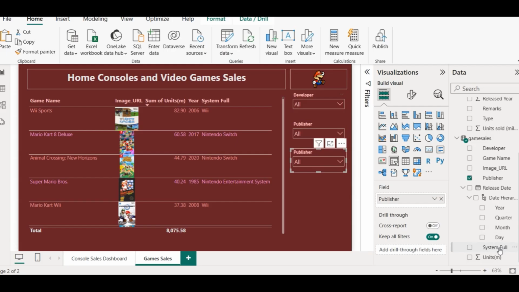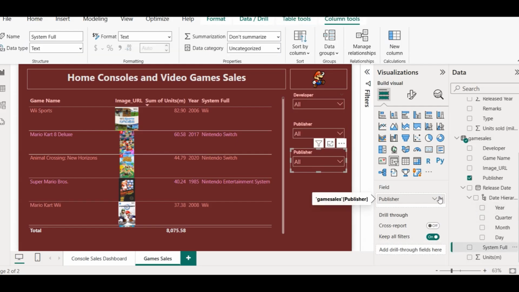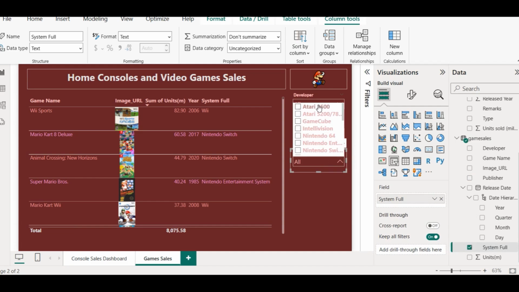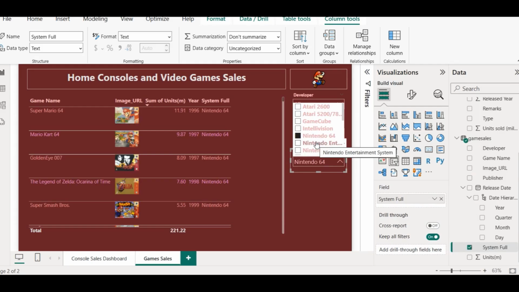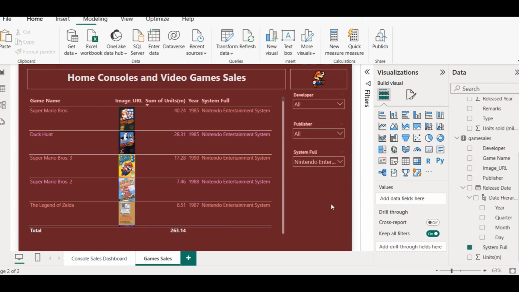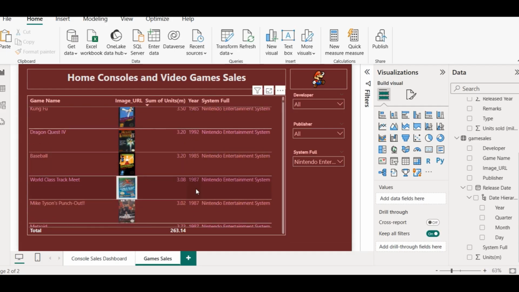So here we have system full, so let's remove it and let's give system. For example, we want to see for Atari, what are the games, when were they released, Nintendo. Okay, Nintendo 64, Nintendo Entertainment. So this will be your hands-on filter to do that. So you can do it developer wise, publisher wise, and you are seeing all image URLs. Okay,